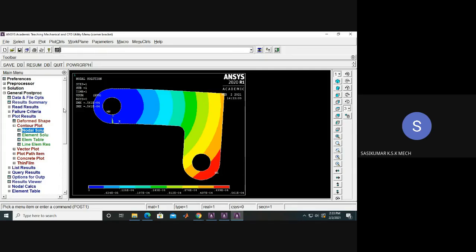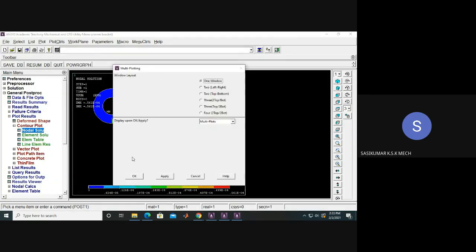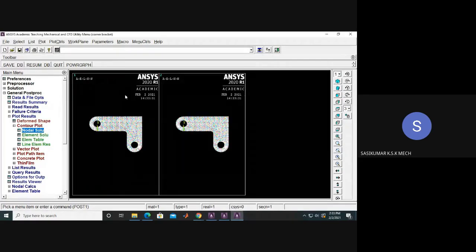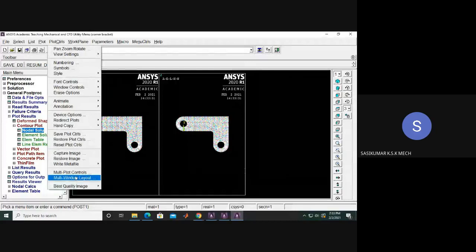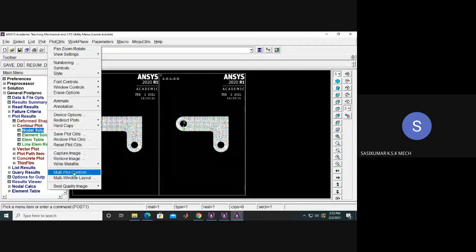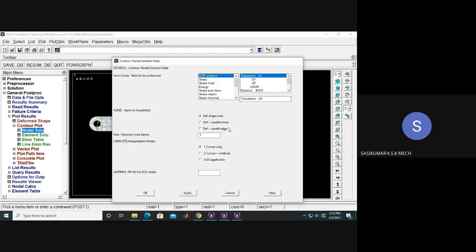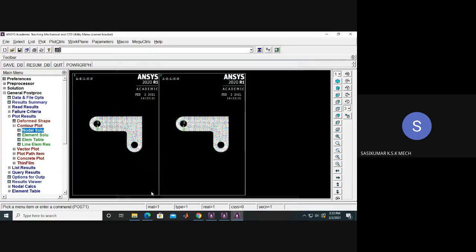Okay. And stress. To plot it in a multi window, go to the plot control, multi layout, say 2. Okay. So plot control, multi window layout, plot control, multi plot control, window 1, nodal solution, just apply, DOF solution, USUM, just give OK.